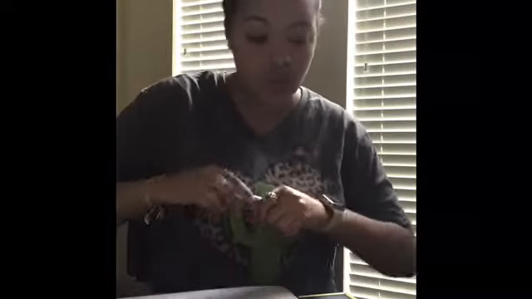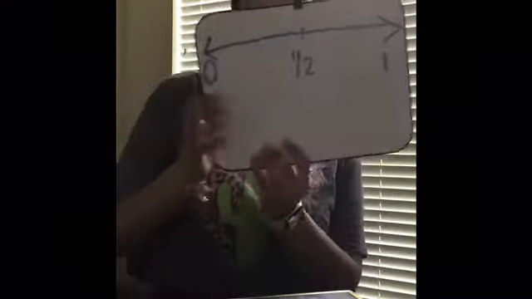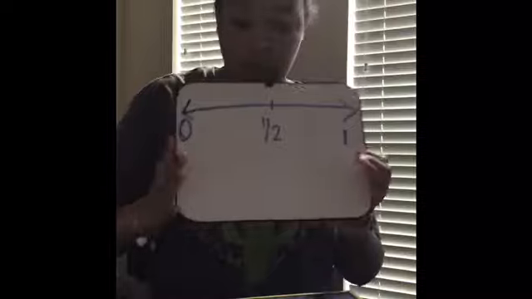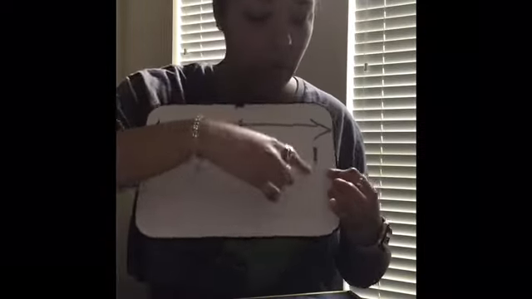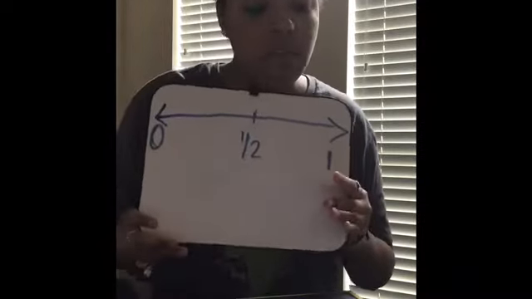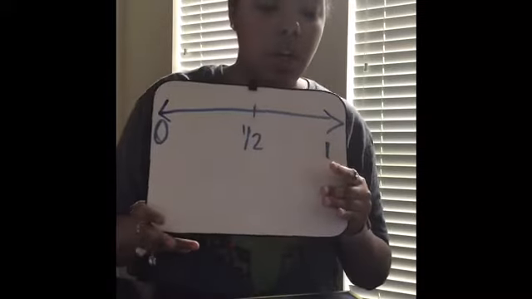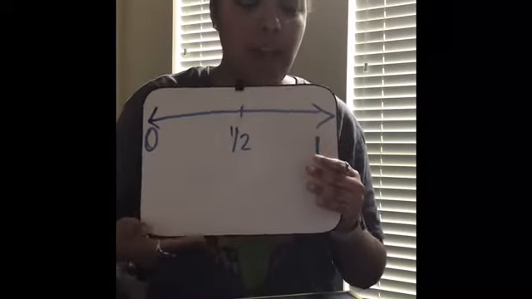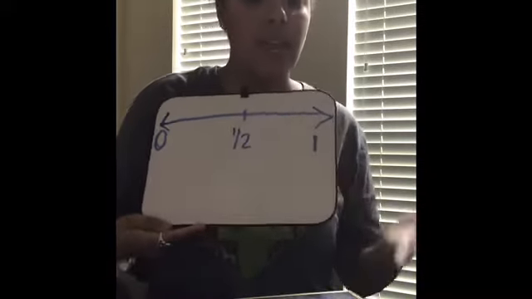Okay, so I created like a number line, a benchmark fraction with 0, 1/2, and 1. So the first example that we're going to use, 4/8 is blank 1/2. So we have to figure out if 4/8